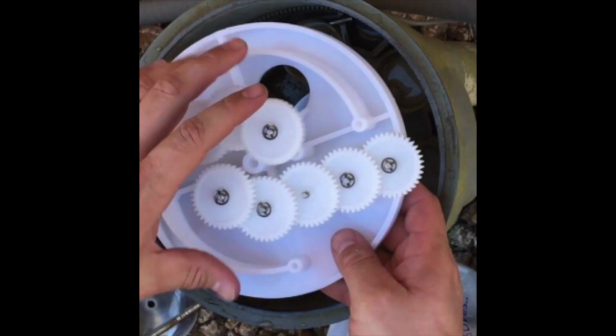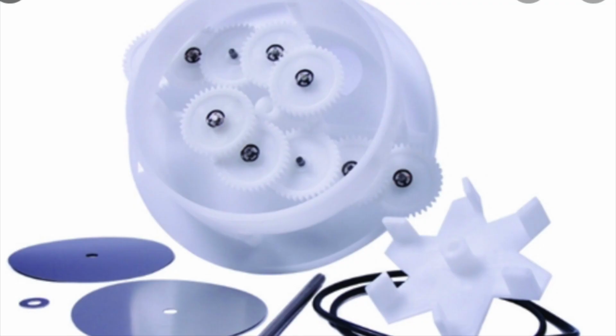So I just wanted to show you a couple more pictures of the gears, and you notice how they all kind of sit in one little plate, and so they lift out pretty easily. Just make note of this picture. If you notice how all the guts are kind of broken down here, you notice there's some O-rings there. One of those O-rings is the O-ring that goes around the rim of the dome or the cover for that